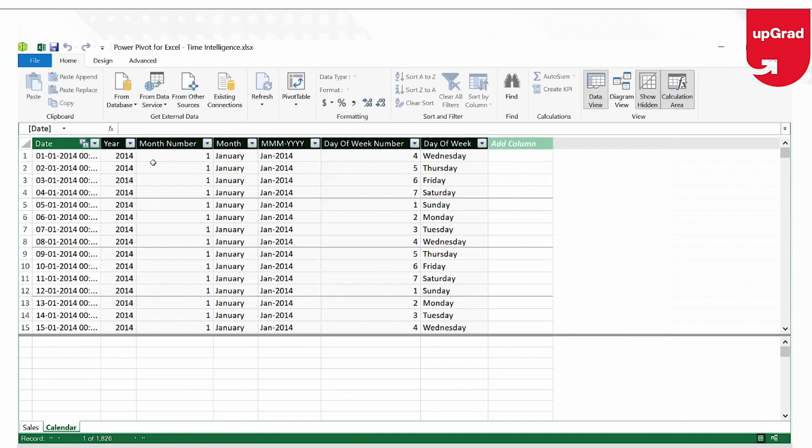And I can also specify which year I am talking about. Is it the year 2017, 2018, or a particular year which I mention, or I can also say a month. So that will give me a year to date or a month to date according to whatever information I am giving inside the DAX function, which will be automatically picked up by our time intelligence if we have this information already available.